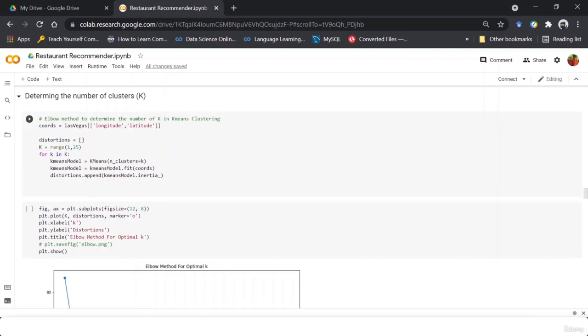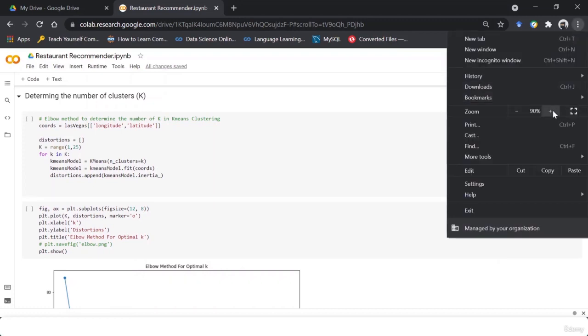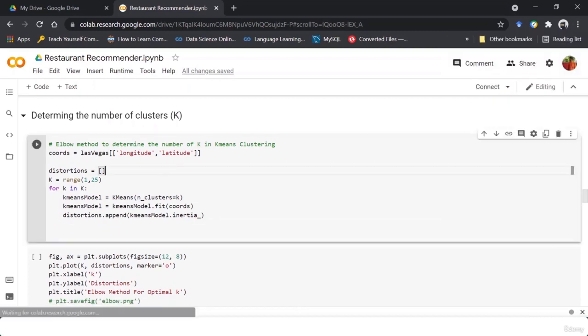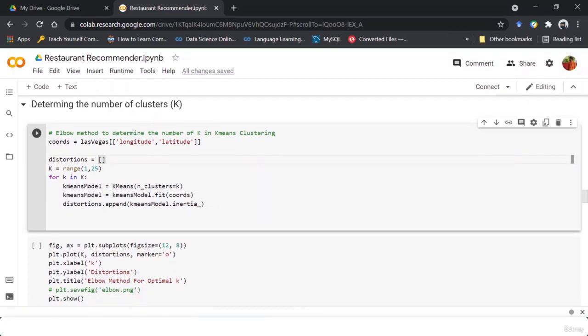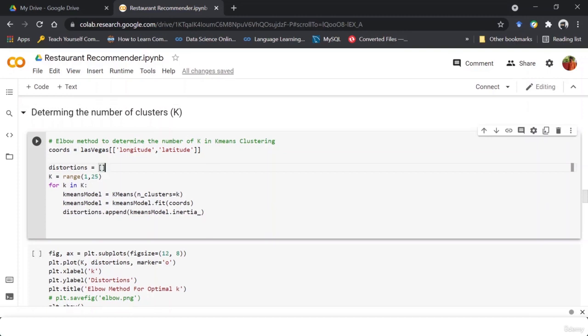Now, if you already know about the elbow method and the silhouette method, then it's good. If not, I'm now going to explain what both of these methods are and how they're finding the best value of k. So the elbow method is one of the most popular methods to determine this optimal value of k.